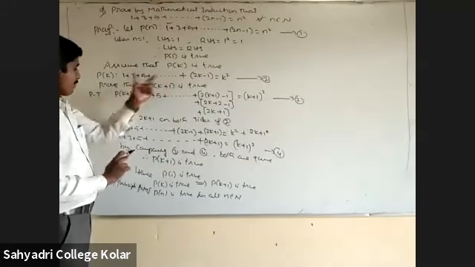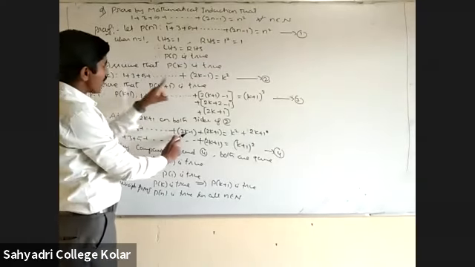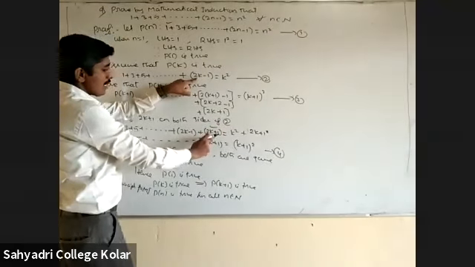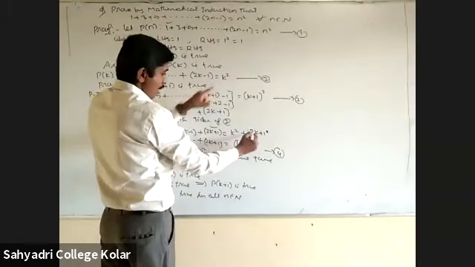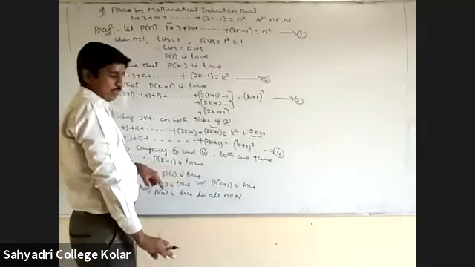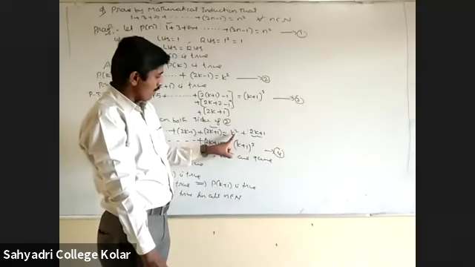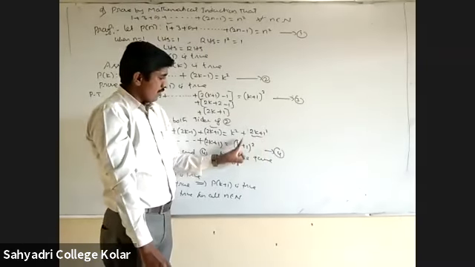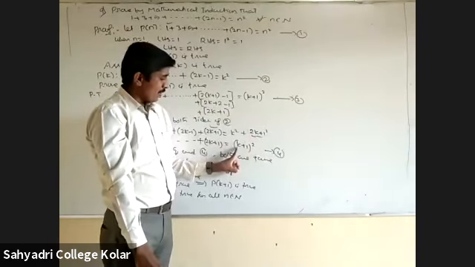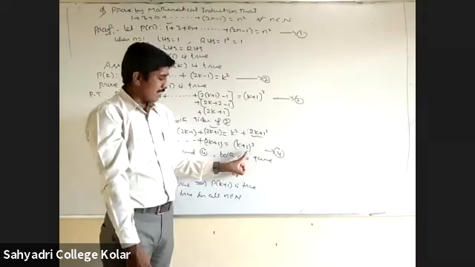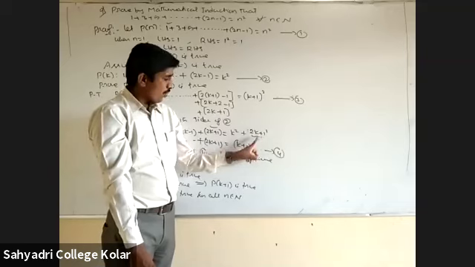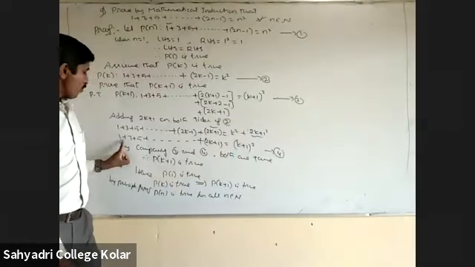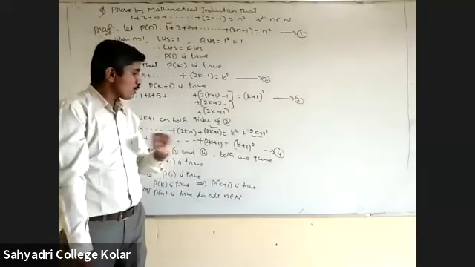Equation 2 LHS is 1 plus 3 plus 5 plus so on plus 2k minus 1. I am adding here 2k plus 1, plus 2k plus 1, is equal to RHS k square. I am adding 2k plus 1 here as well. Using the identity a square plus b square plus 2ab, with a equal to k and b equal to 1, that is k square plus 1 square plus 2 into 1 into k, this can be written as k plus 1 whole square. Expanded, it is k square plus 1 plus 2k. Got it. Called as equation 4: LHS 1 plus 3 plus 5 plus so on plus 2k plus 1.